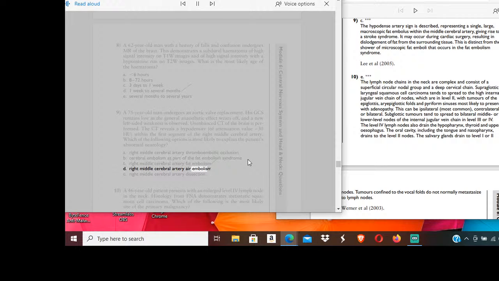Right middle cerebral artery air embolism. E. Right middle cerebral artery dissection. 10. A 46-year-old patient presents with